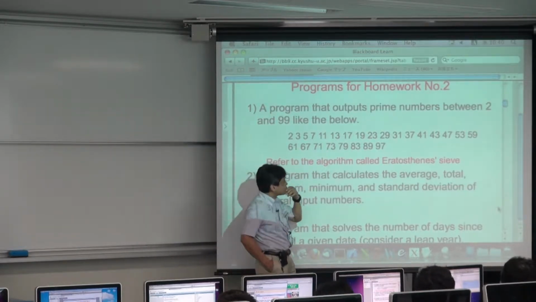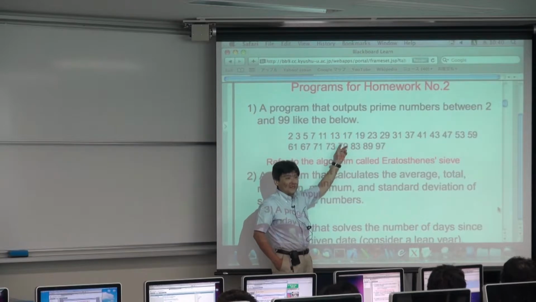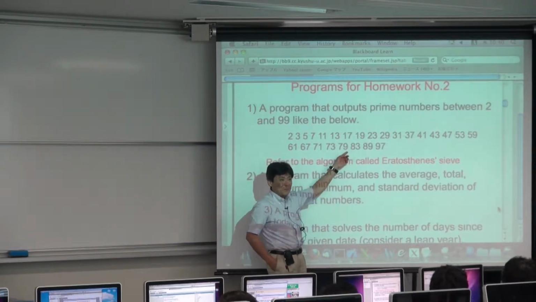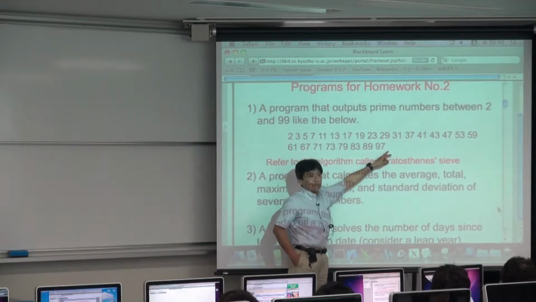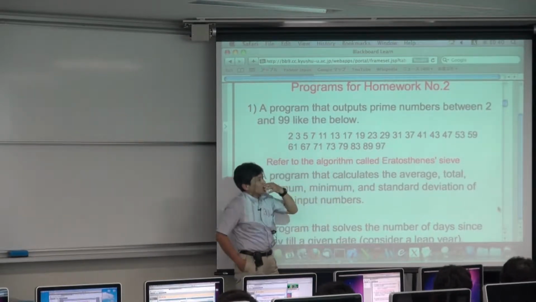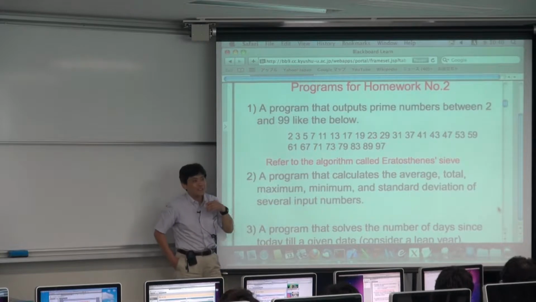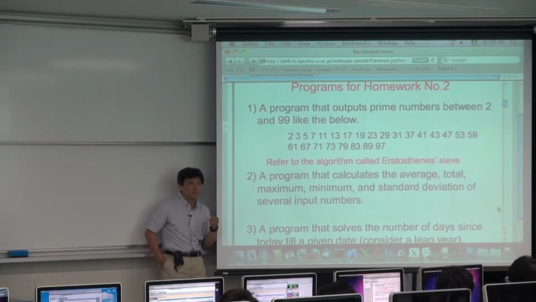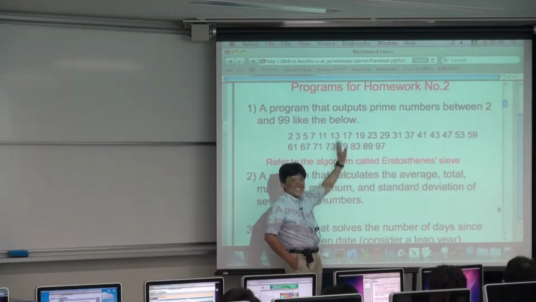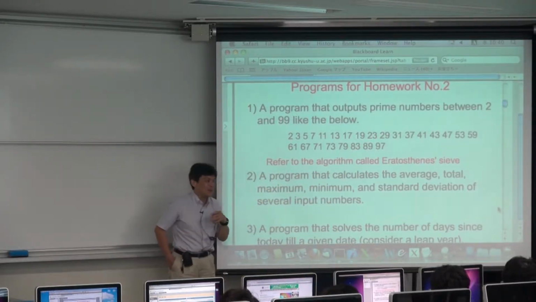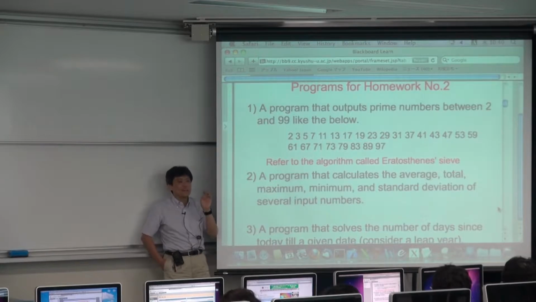These are the correct prime numbers from 2 to less than 100. Of course, you can make a program using the printf function to output this result. However, please try to make a program